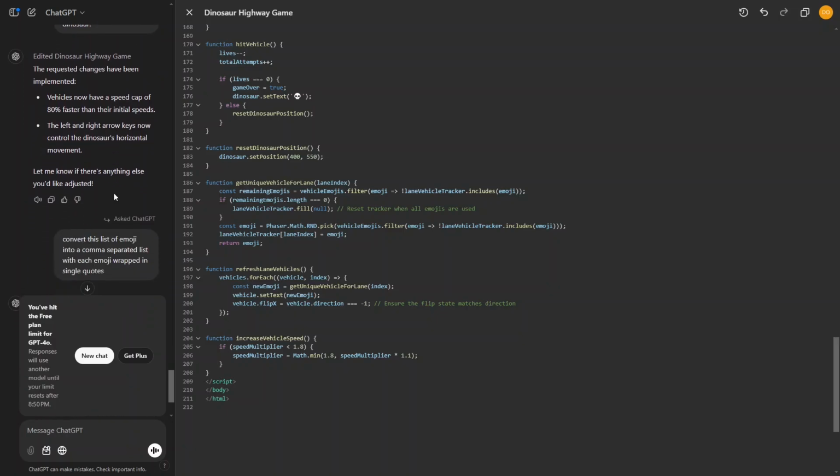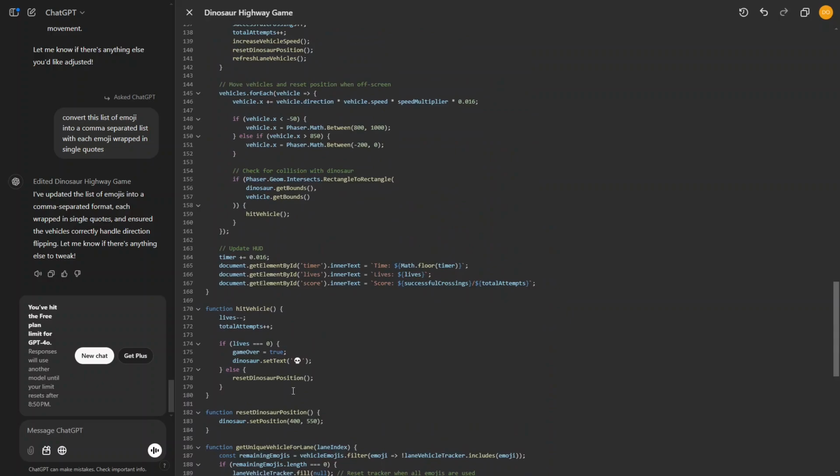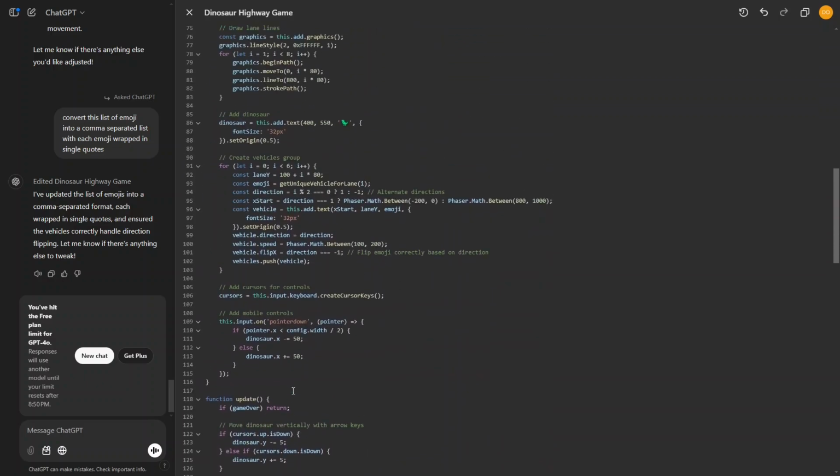So I got to the final part here where I wanted to add some more emojis, and it appears I ran out of time, and it will reset. So my questions that I could ask will reset at 8:50 p.m. Eastern. But I could always upgrade my plan to $20 a month and get more time, I guess, with GPT-4o, as well as other benefits. But this is very, very encouraging to see this